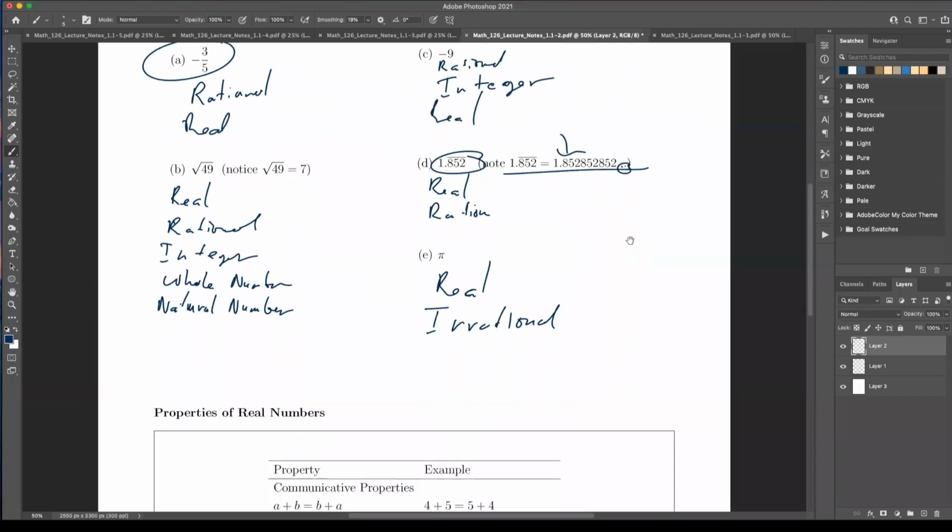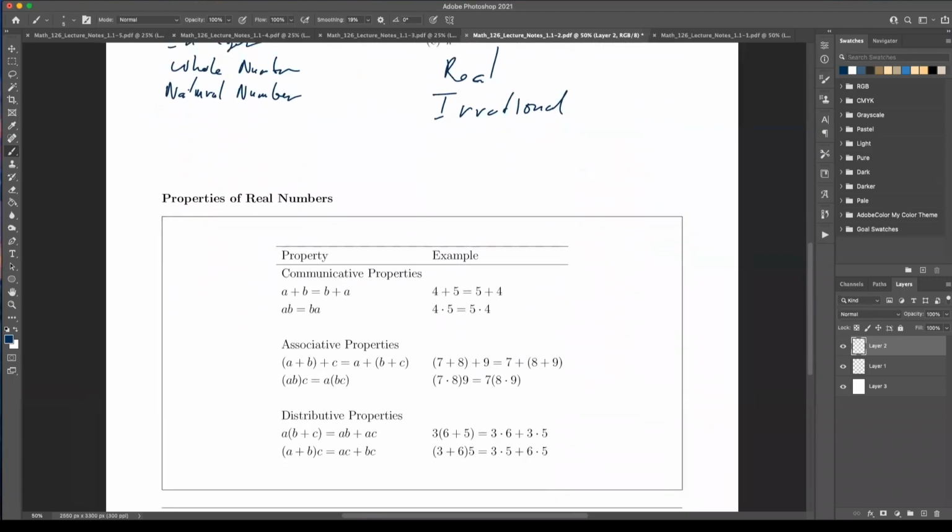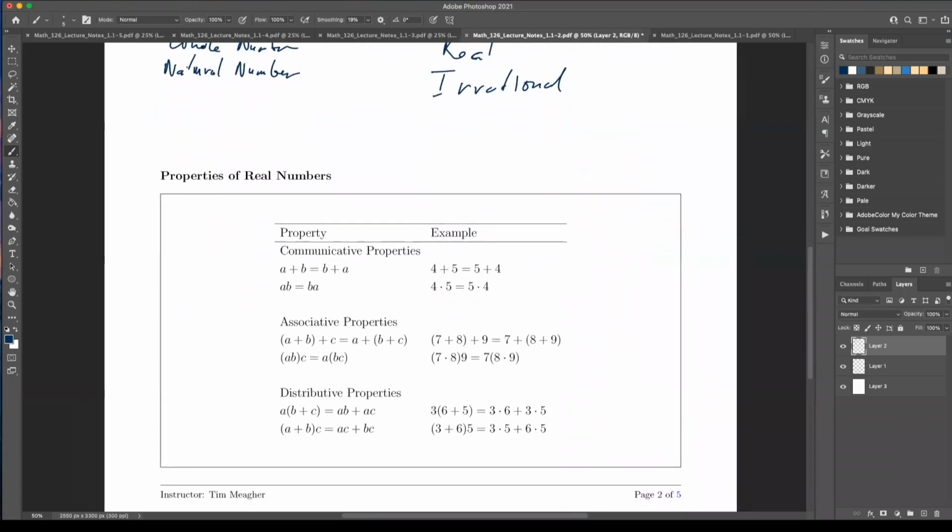All right. So when you write out the notes, here is the stuff in the boxes we want. Properties of real numbers. Commutative property. The commutative property for addition basically means I can swap the order of my addition. For multiplication, I can swap the order of my multiplication. This is true for all real numbers.